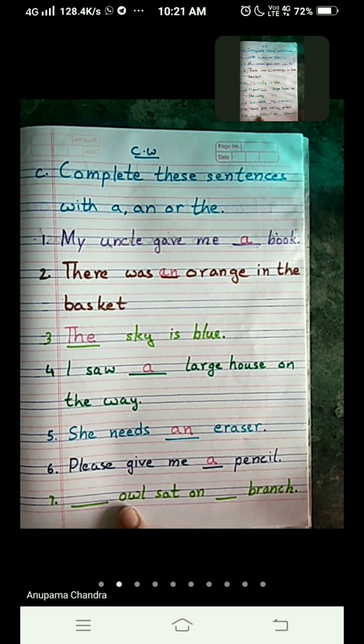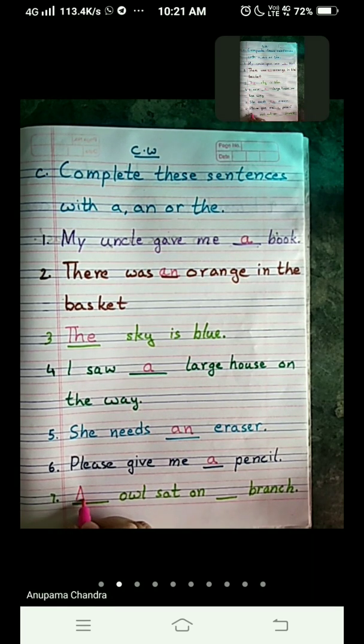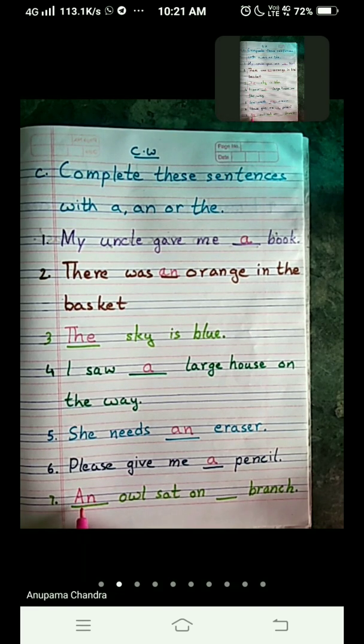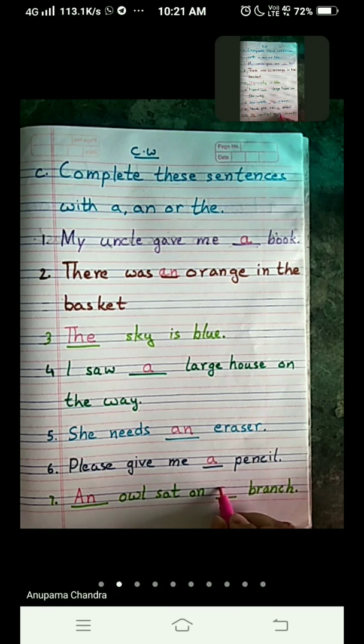So we are going to write here an owl. Okay. Capital A, children, as it is the first letter of the sentence. An owl sat on dash branch. Now we can see here B, that is a consonant, and we write a before a consonant. An owl sat on